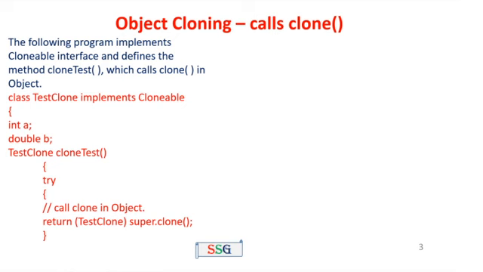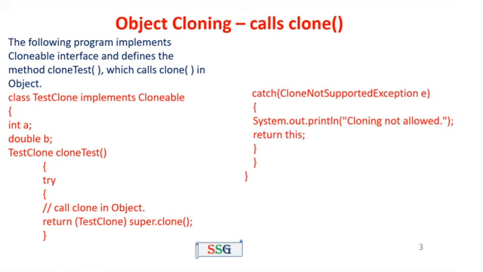Okay, next one, the try block. We are going to create a duplicate object, so we have to follow the exception handling mechanism in the coding. That's why we include the try block and the catch block. In the try block, there is only one statement, a method call to the clone method in the Object class.